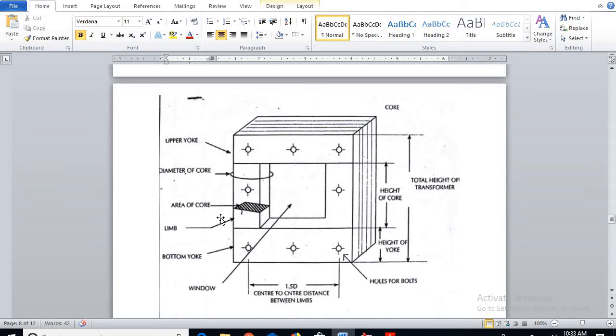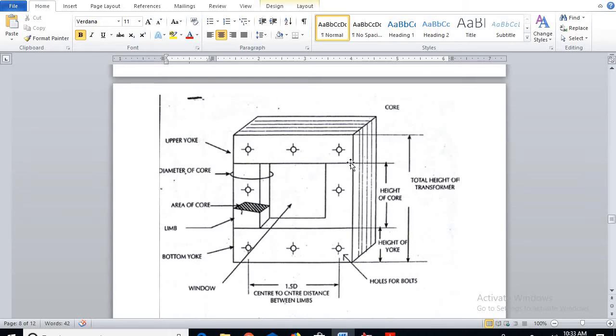The windings will be wound on both limbs. Here only the core has been shown, and you can see the diameter of the core. With respect to this reference, we can go for the LV winding as well as the HV winding. This is the full detail of the transformer. Here is the total height of the transformer.